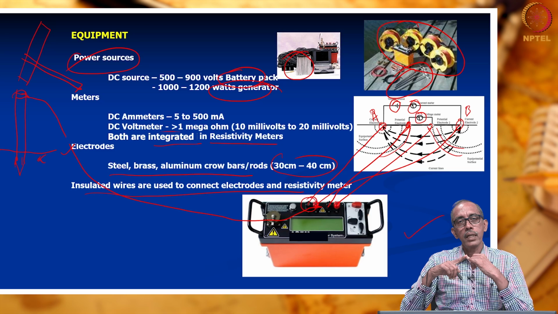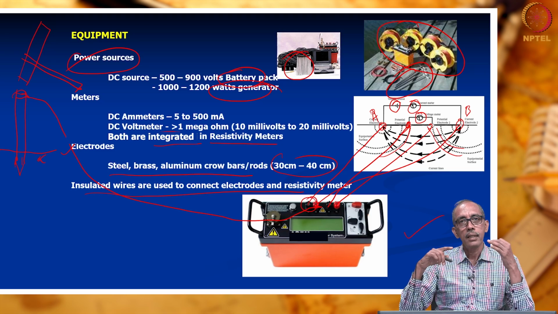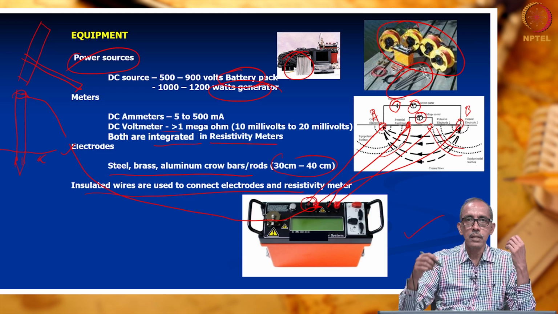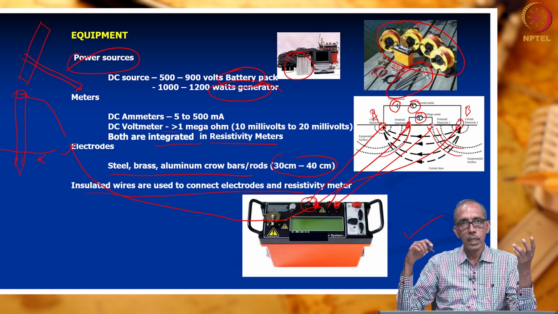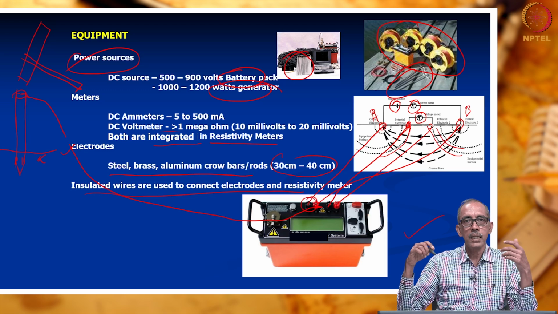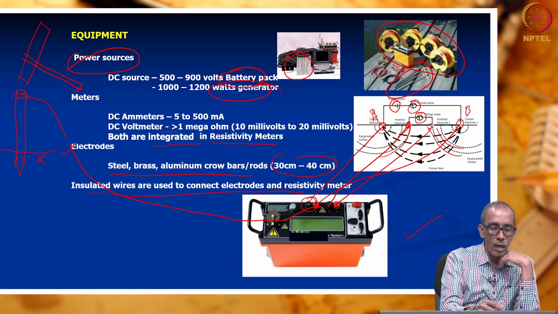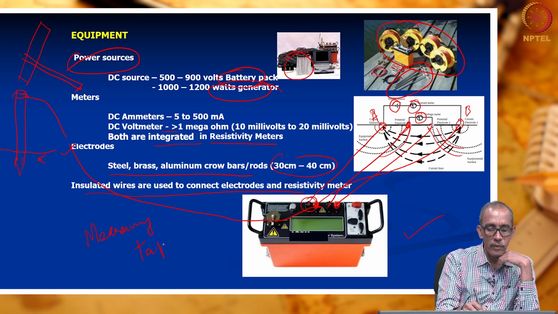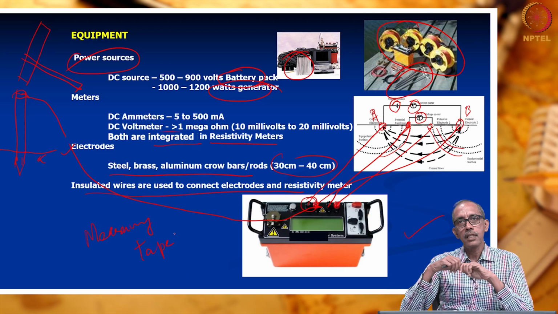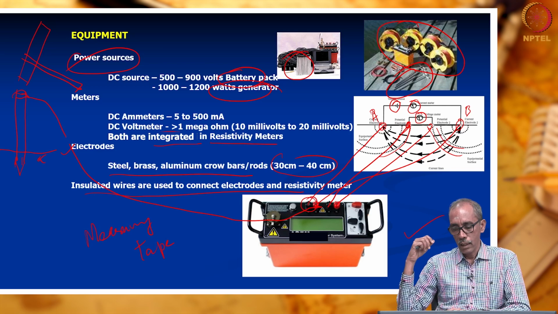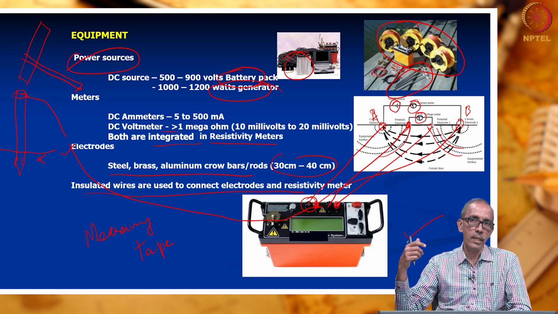So these are the instruments that are necessary to carry out the resistivity survey. Most important one is the source battery. Then we need a resistivity meter. Then the third is we need some electrodes. How many of them? At least 4 electrodes are necessary. As you see in this picture, 2 to apply current, 2 to measure the potential, right? Then we need some sets of cables. Of course, we need also a measuring tape, because we need to measure the distances between the electrodes. So these are the equipment that are necessary to carry out the resistivity method in the field.